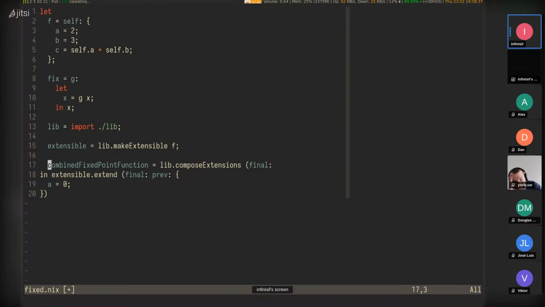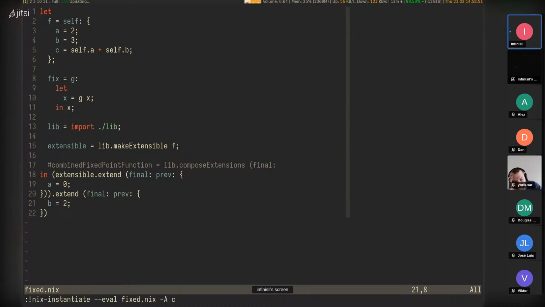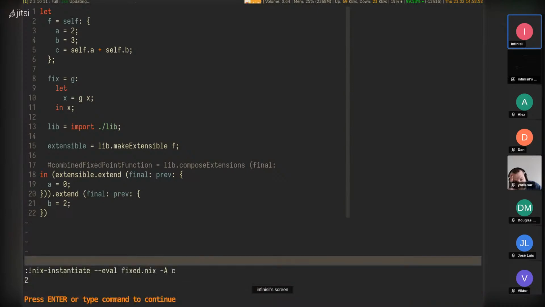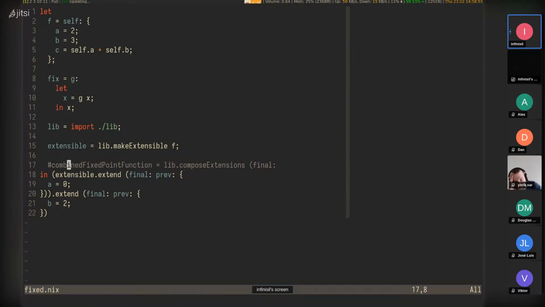So, well, to fully simulate this, let's extend again afterwards here. So let's extend a second time, and let's set b to 2. So now if we evaluate C, it's going to be 2,